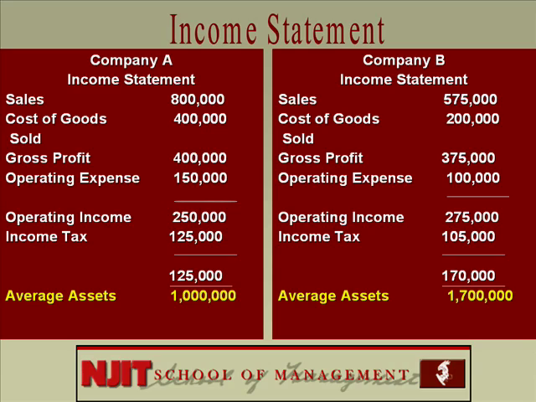There's also asset information from the balance sheet giving you the company's average assets. The average assets for company A is $1 million, and the average assets, that's plant and machinery, for company B is